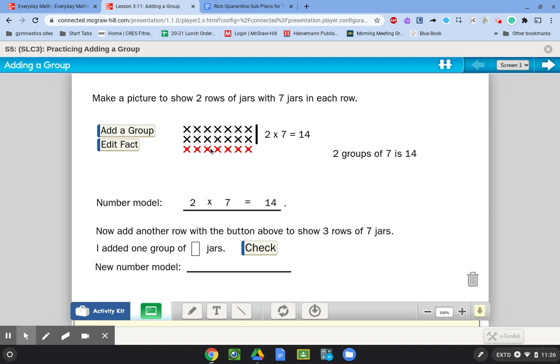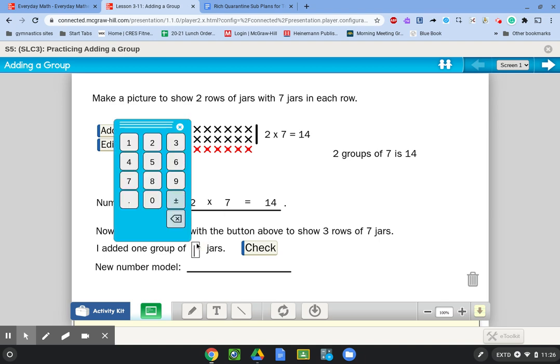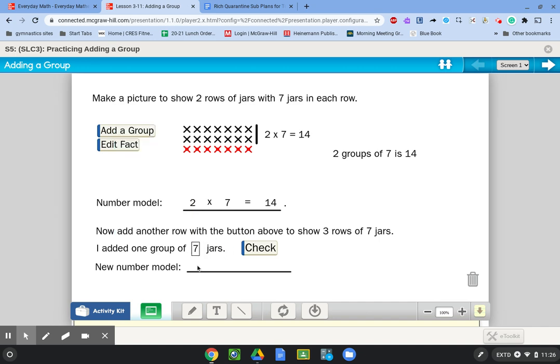Okay? So our helper fact is 2 times 7 is 14. We know we added one more group of 7, so 14 plus 7. I added one group of 7. New number model would be,